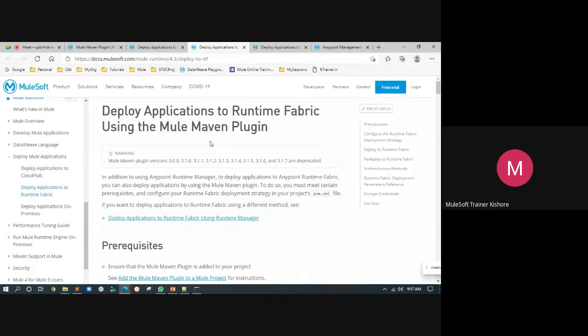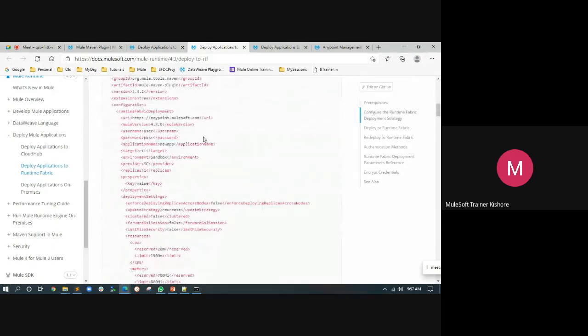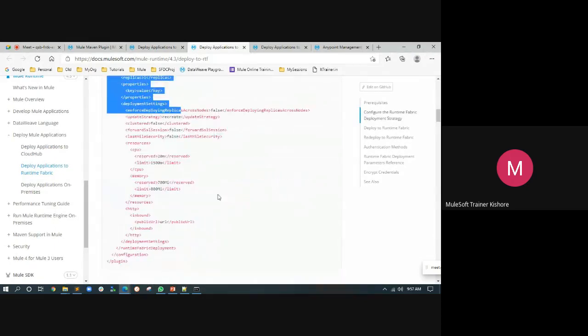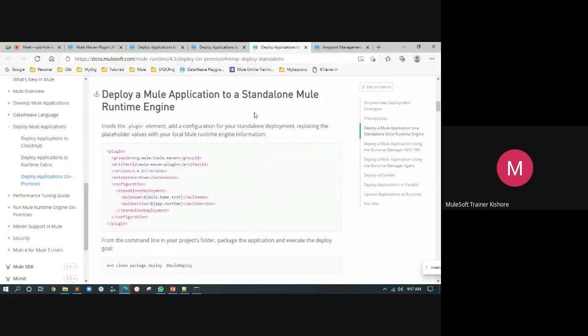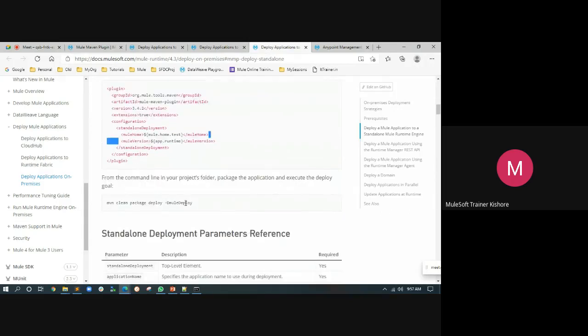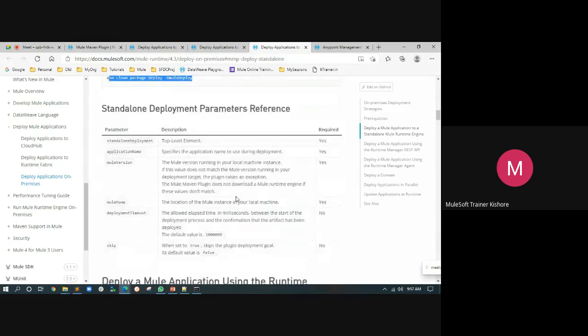And then for runtime fabric, if your project has runtime fabric, you have runtime fabric related settings you can provide. And if you want to deploy into standalone Mule runtime, provide your Mule runtime and Mule runtime version. It will complete it.